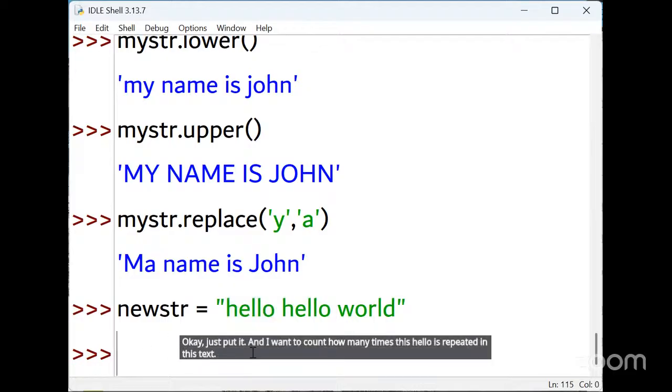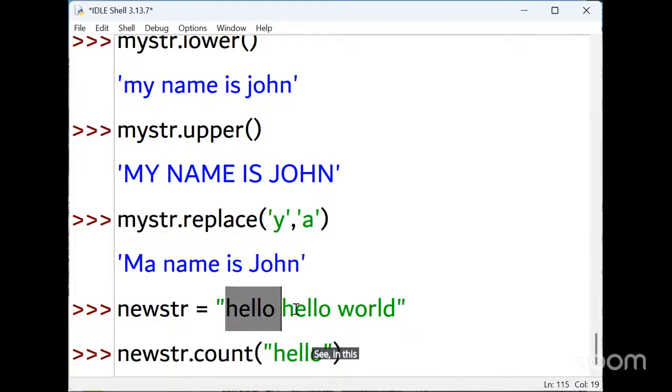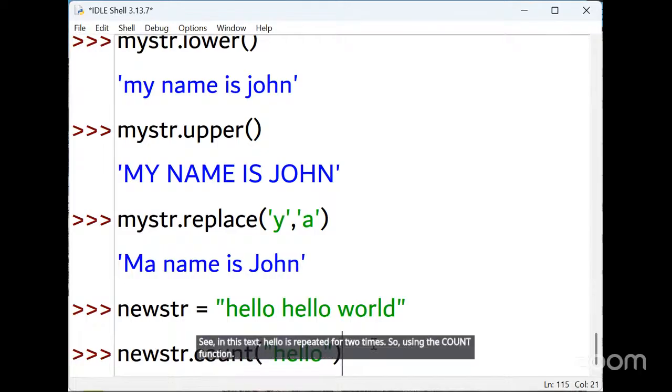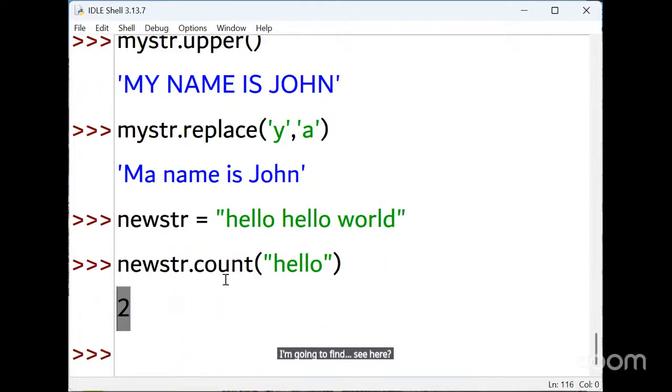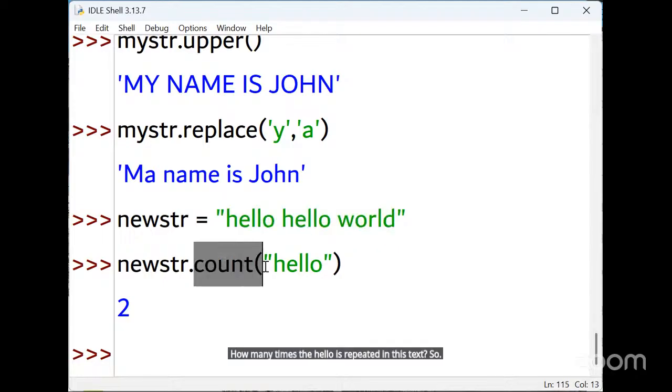For that I'm using the count function: new string dot count. I'm telling it to count this hello. See, in this text, hello is repeated 2 times. So using the count function, I find how many times hello is repeated in this text.